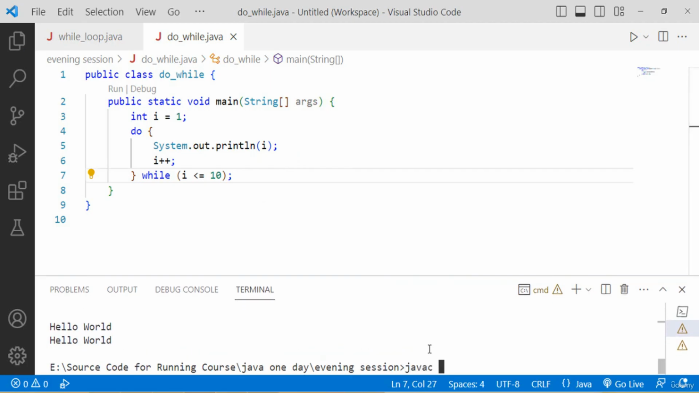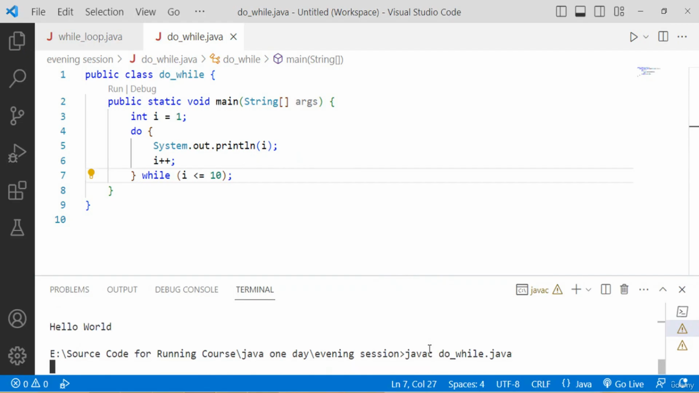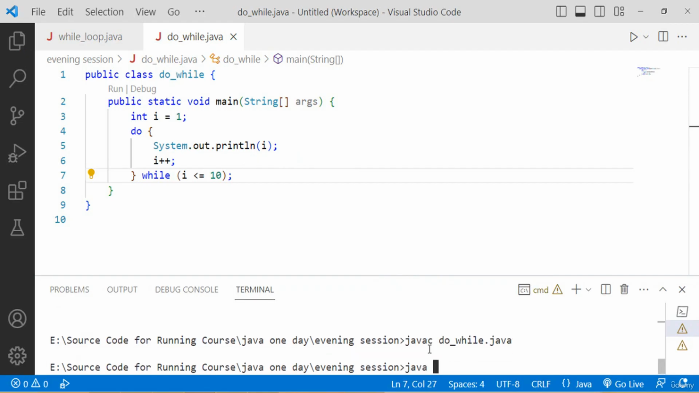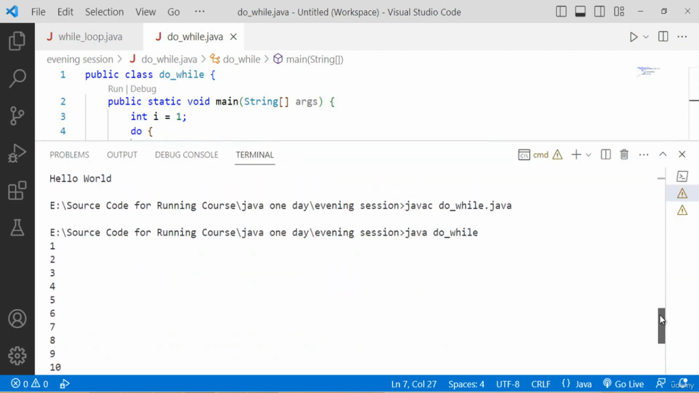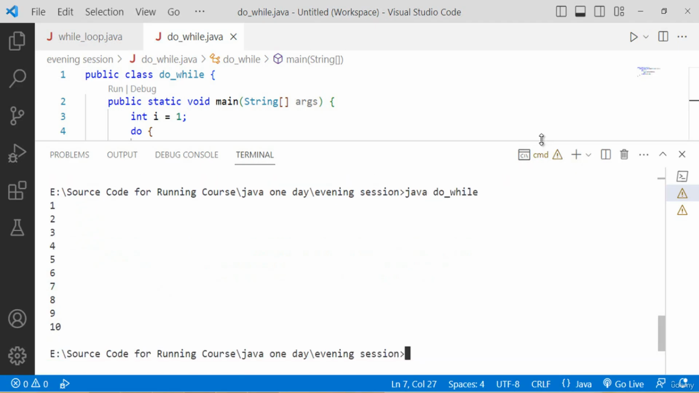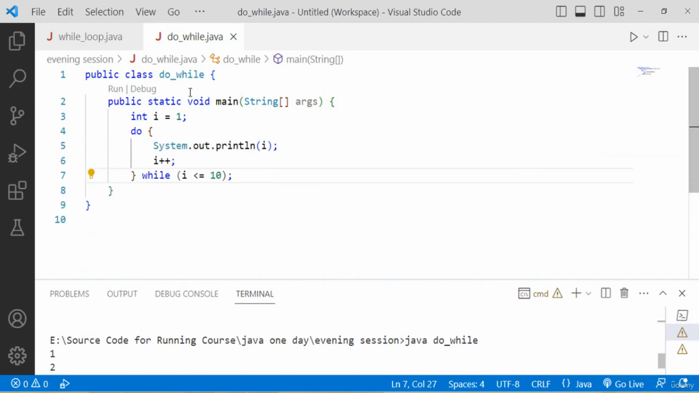Creating a bytecode for do while, and then java with the do while file name only. You will see that the output will be the same, from 1 to 10, because the starting value is 1. When you put 0, the starting value will be 0. Now another example, for example,